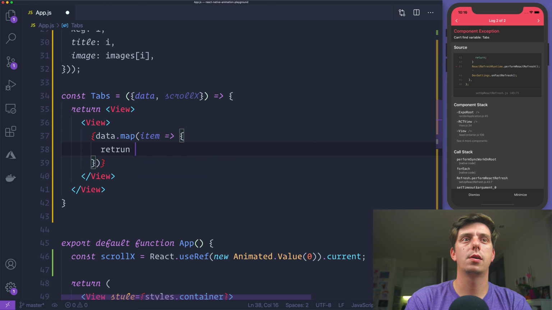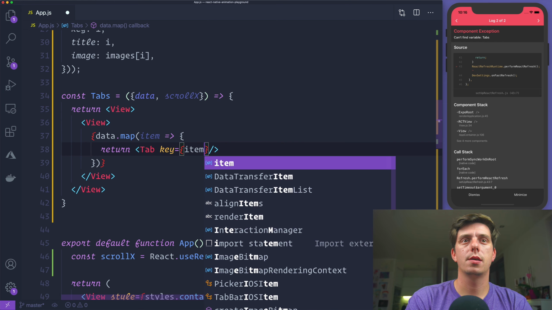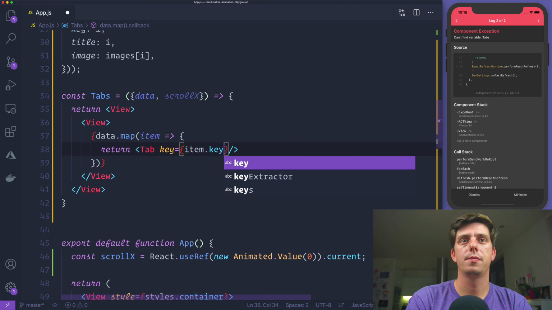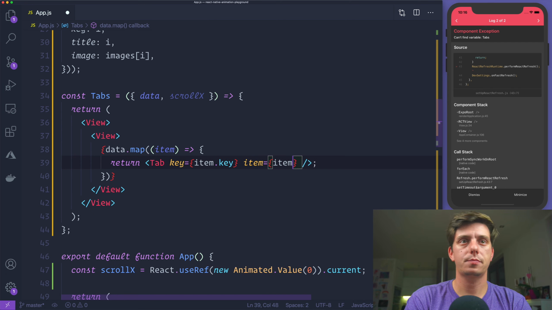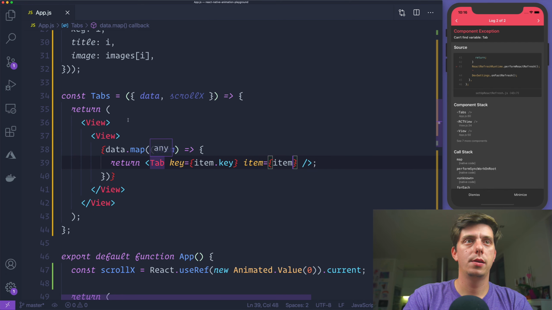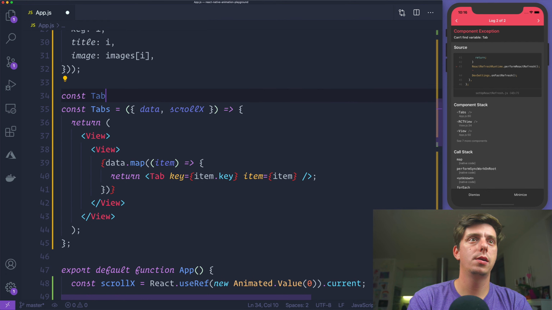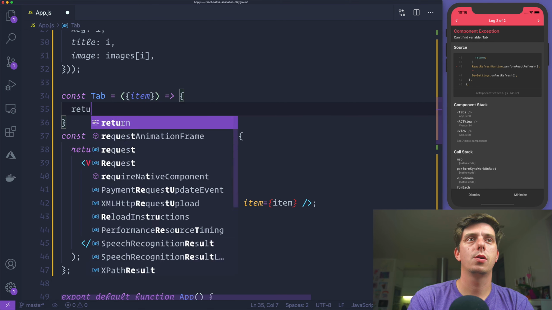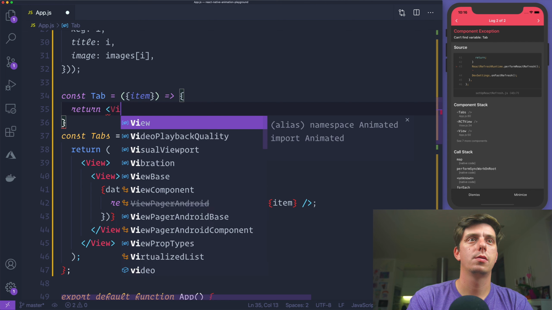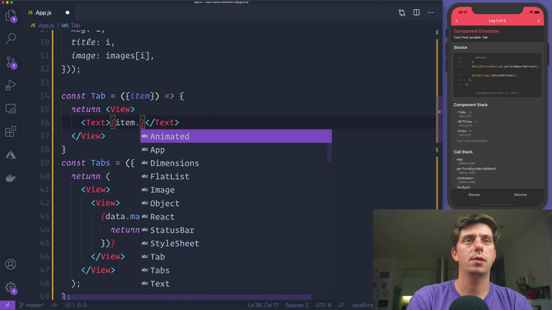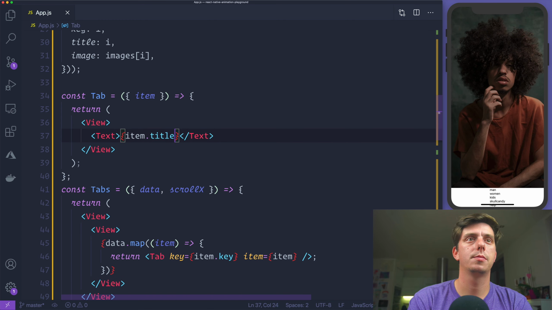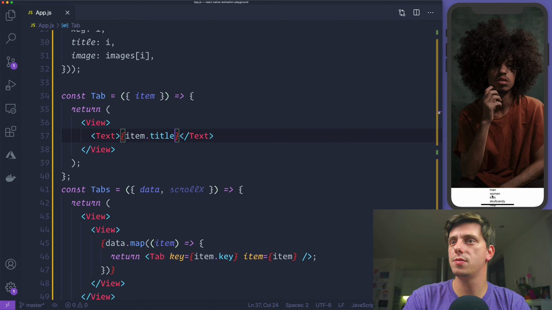We'll return here a Tab, pass the key as item.key, and pass the item as item. And the Tab, create it here. So Tab is going to receive the item and is going to return a view and the text inside with item.title, right? All right, so this is visible here,